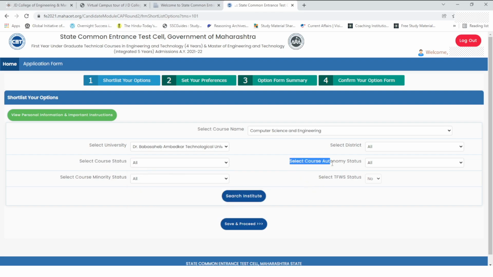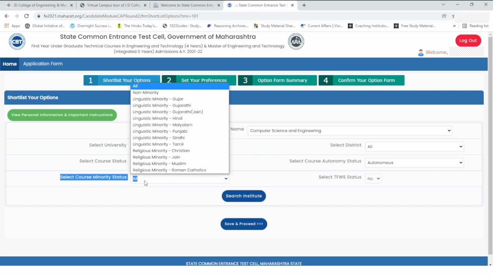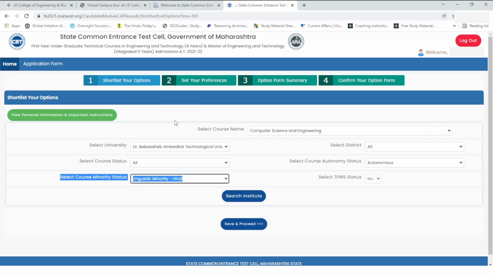In the select course autonomy status, as you guys might be aware that autonomous colleges are much better than non-autonomous colleges, I'll go ahead and select autonomous. After that, on select course minority status, I'll go ahead and select Hindi, and then I'll click on search institute.